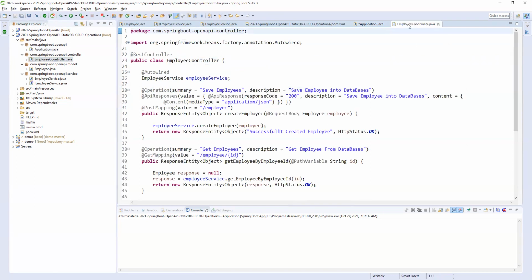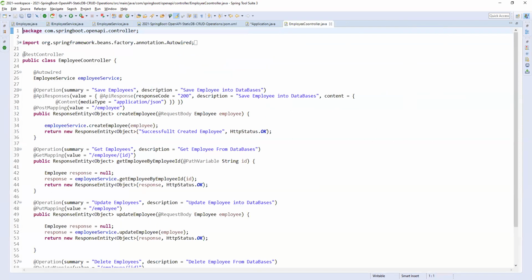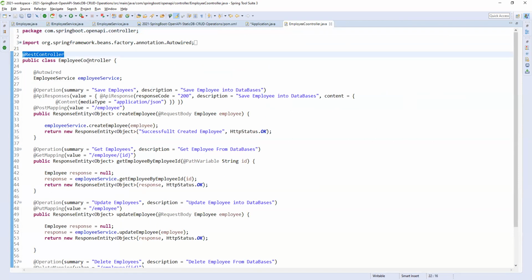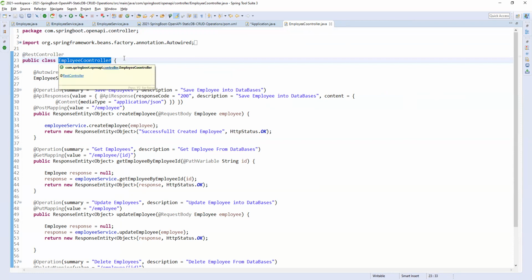So this is very important. As you know, if you are working with the controller, you need to put @RestController to make your controller eligible to be a Spring component, a Spring-recognized main action class or control class. So for that reason we need to define @RestController here.